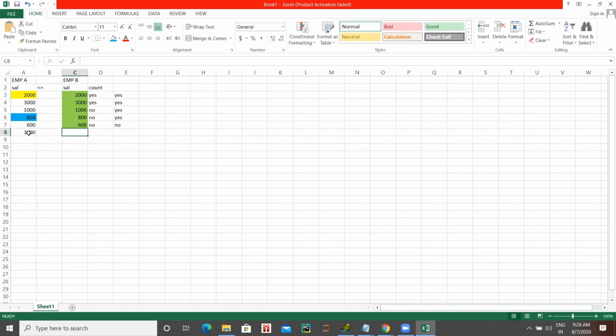This side also 3,000, because two employees are getting the same salary. But if 3,000 is the first highest salary, just give 3,000 one time, enough. No need to give it 2 times, right? That's why you are giving distinct. Clear?